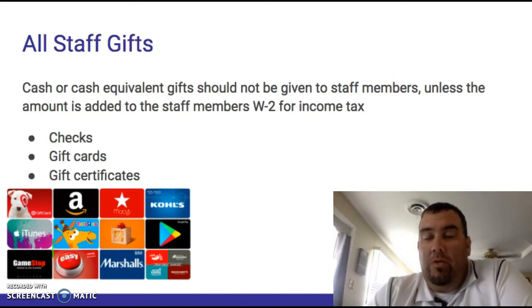We had an incentive program where, if a teacher got nominated by a student for doing something phenomenal or working extra to help that student out, all those teachers' names that month got put in a drawing for a gift card. And then we found out that's not legal to do anymore, so we had to stop doing it, which stinks. It was a cool idea, but it just can't be done. Anytime the school is giving teachers a gift card or gift certificate or extra money, it has to go through the district payroll.